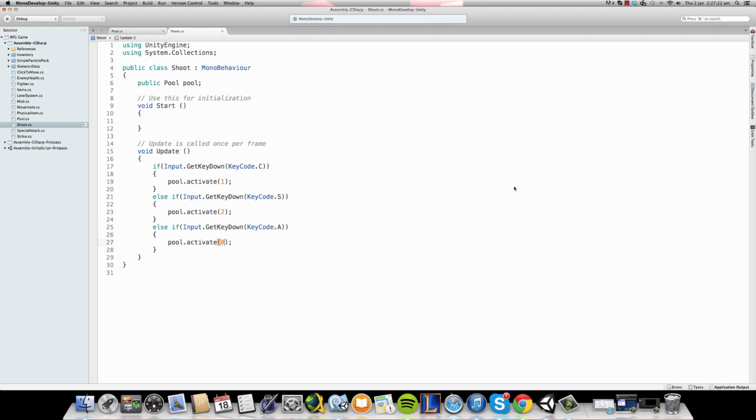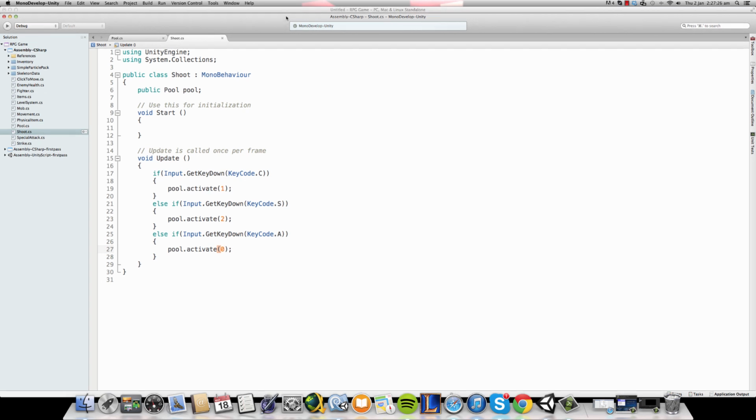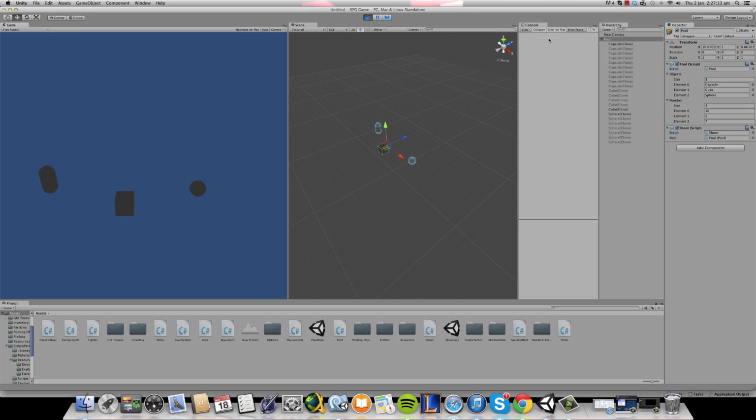So to instantiate a capsule, we need to press A, S, C. Okay. So now, as you can see, I'm just instantiating different objects, and at some point we can't instantiate anymore because we have run out of instances,